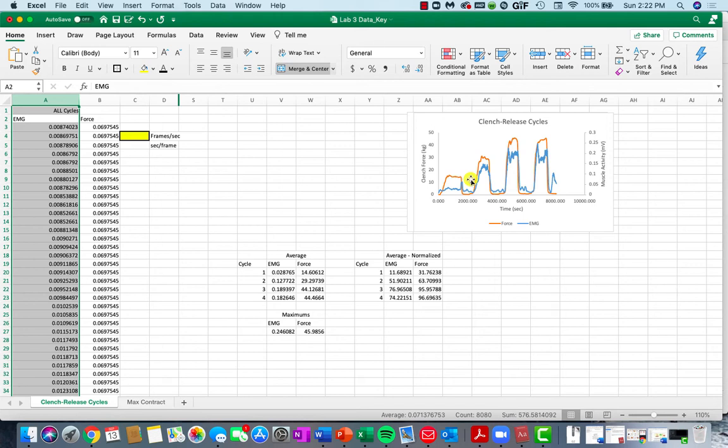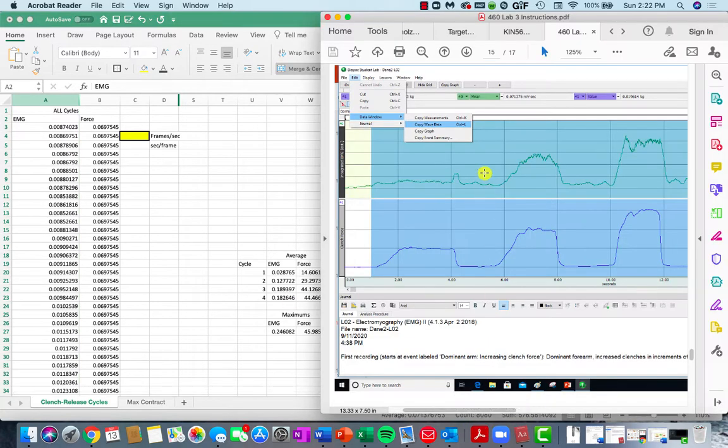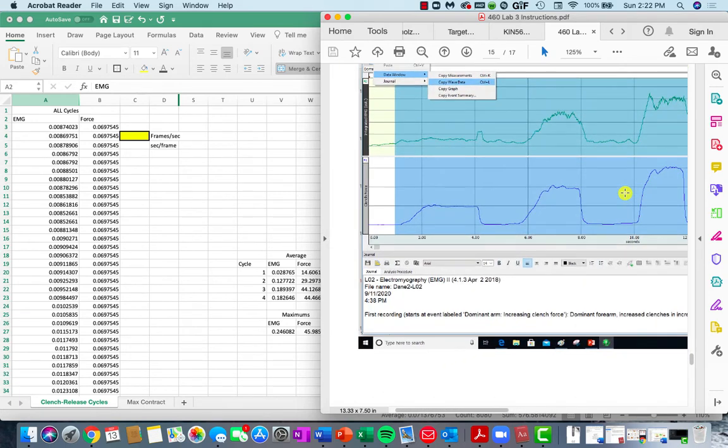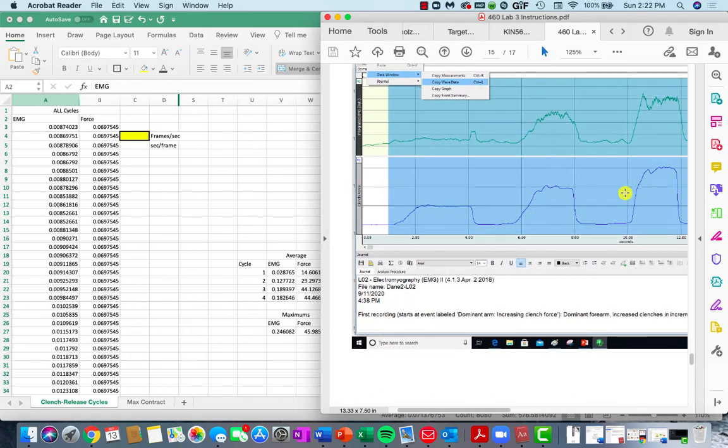Hi everyone, I wanted to do a quick video on how to create a time series for the graphs you have to make this week. So you'll notice that, I'll go here real quick, right? When you copy your data from the BioPack software, let's say we're using the clench release cycles as our example,